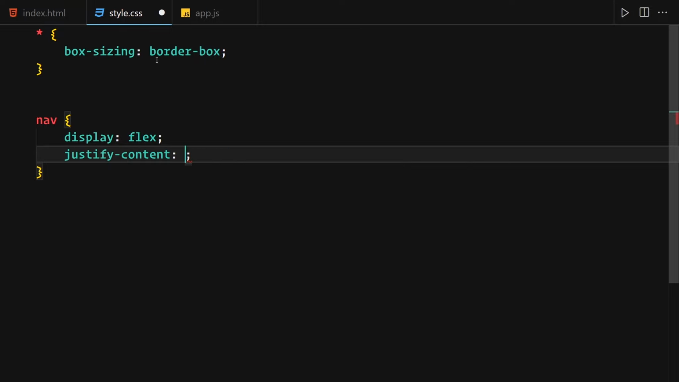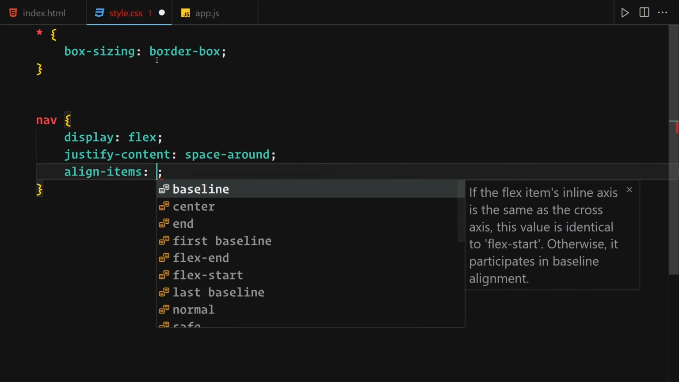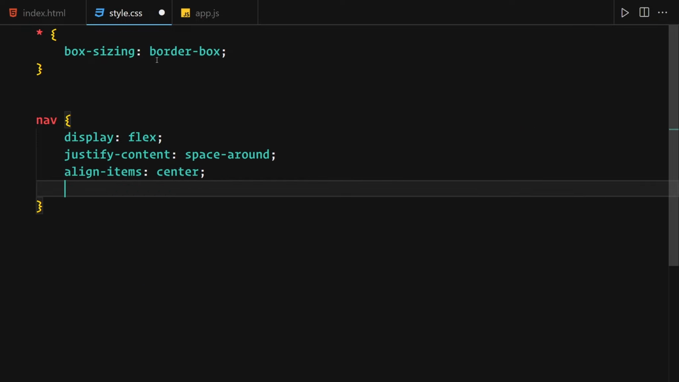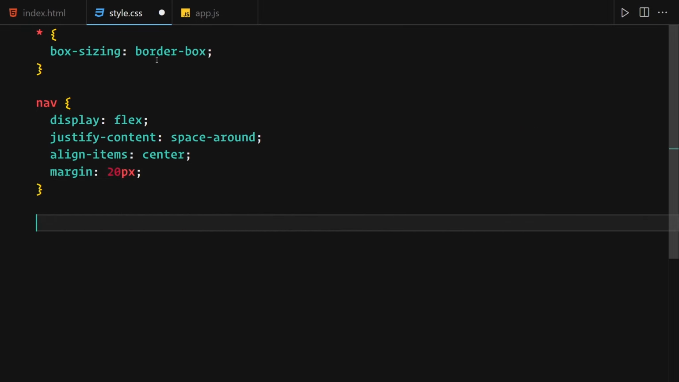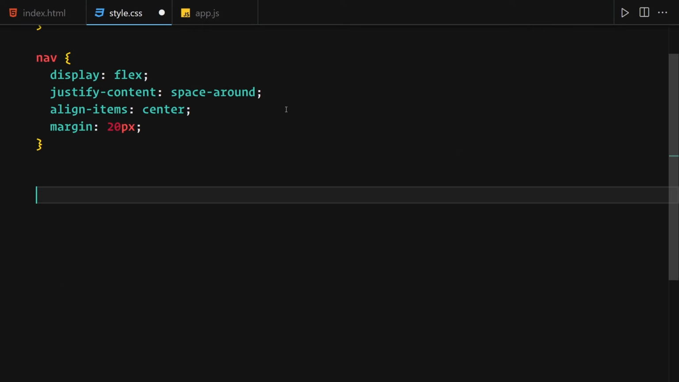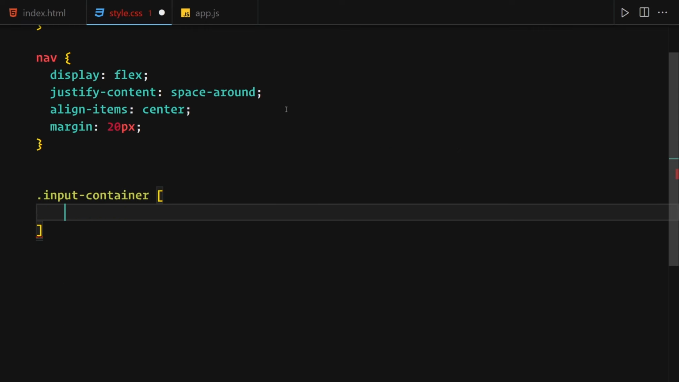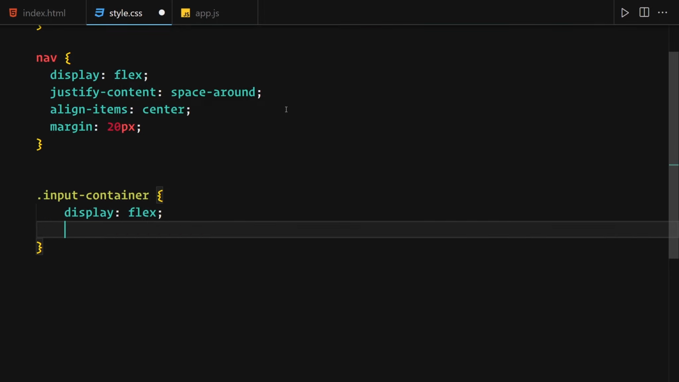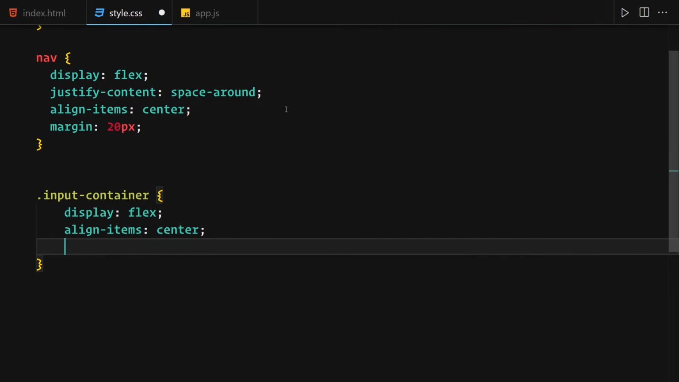Justify content will be now set to space around, and also align items will be now set to center. Okay, so I'm going to also provide a margin of 20 pixels right in here. Now let me just get my input container, which is this input container. I'm going to copy that, and I'm going to just write dot so we can select it. Okay, so now I'm going to just write display of flex. Align items will be now totally center. Border, I'm going to just provide a border of like, I don't know, 1 pixel solid, and this color which will be